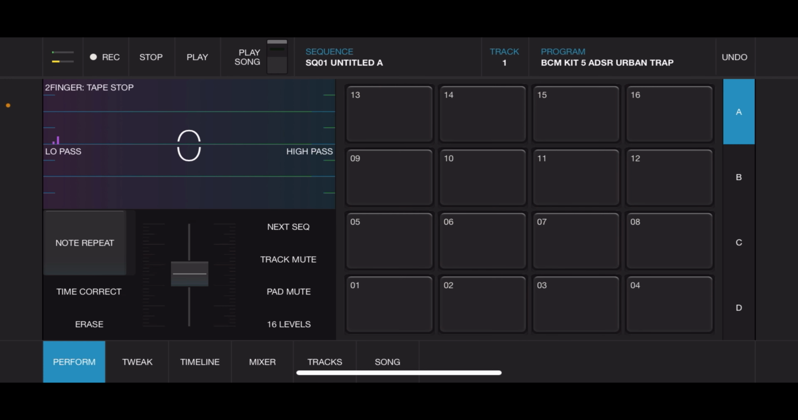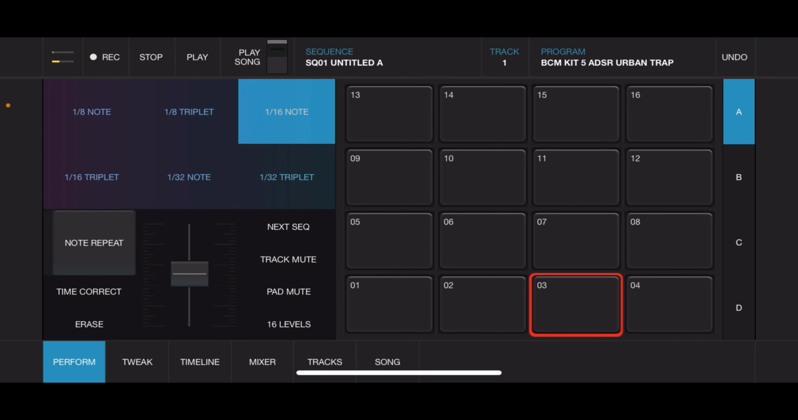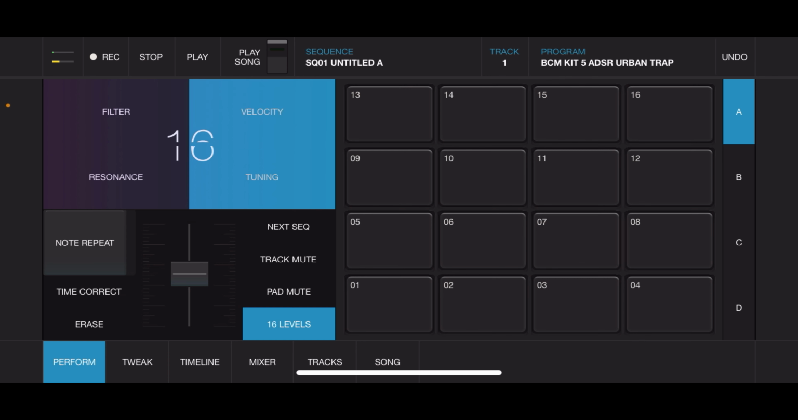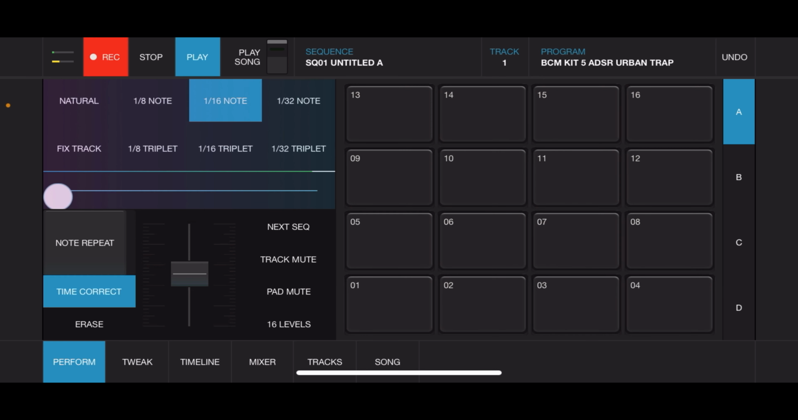Alright, so we're actually going to go ahead and do some hi-hats next. I'm going to turn on my note repeat. I'm going to turn it on 1/8. I'm going to come over here to 16 levels, do it on velocity. And instead of doing hi-hat rolls, I'm actually going to go ahead and